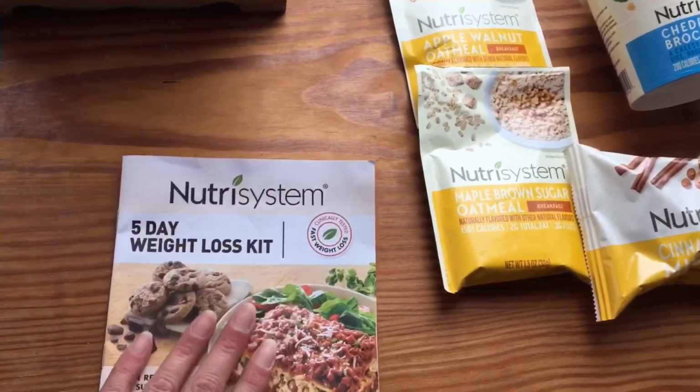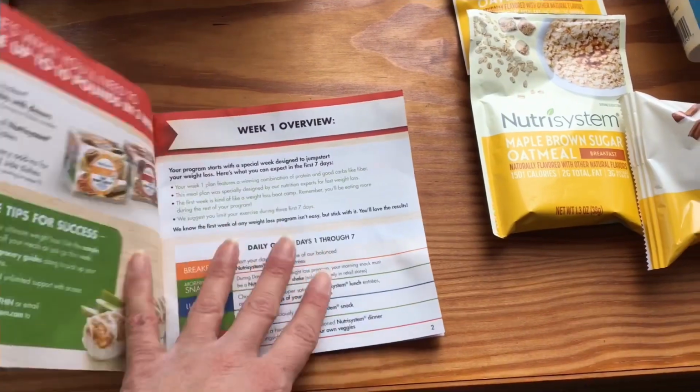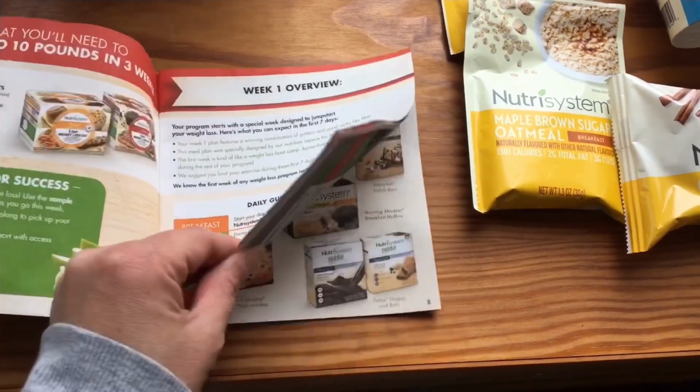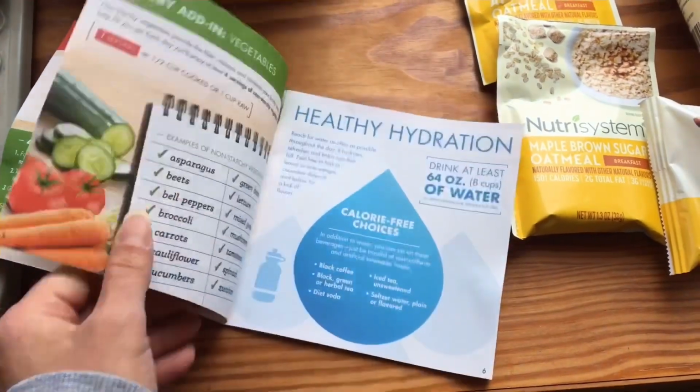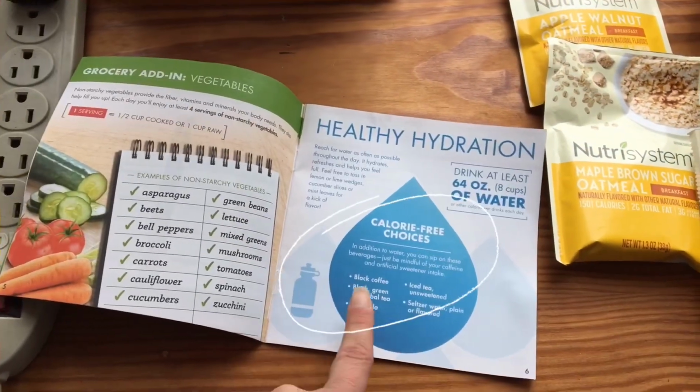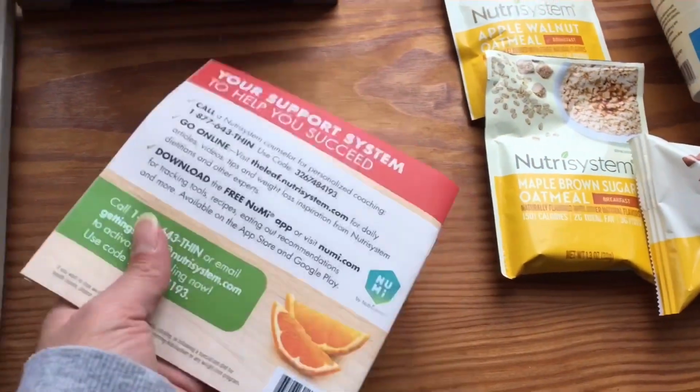of this box. First saying that, as always, with all the 5-day kits and even the 30-day kits, it comes with this week 1 overview. So it just kind of tells you what you should be eating, how you should be eating it, how much water, if you can drink black coffee, all of that good stuff that you can definitely see in some of